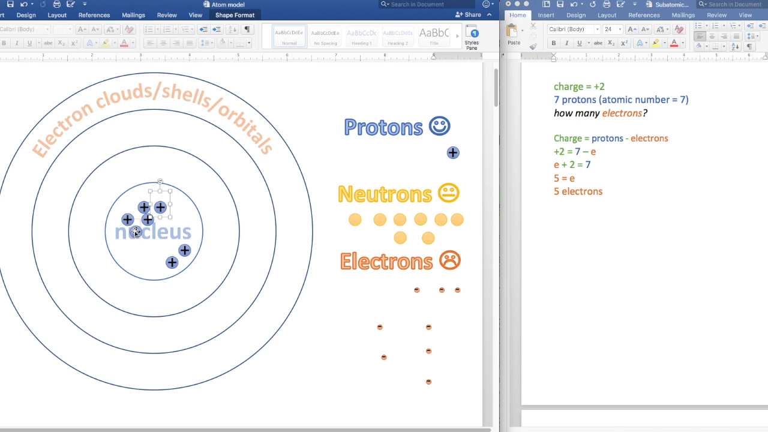So we want matching electrons for the rest of them, which is 1, 2, 3, 4, 5. So that means we have to have 5 electrons. So basically at that point you have your answer, which is 5 electrons, but I'm going to go ahead and put them